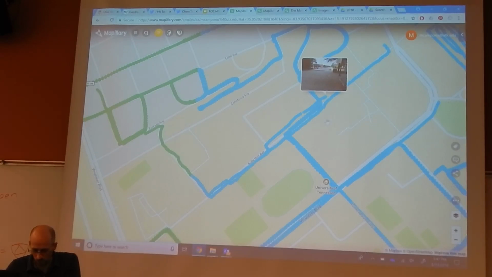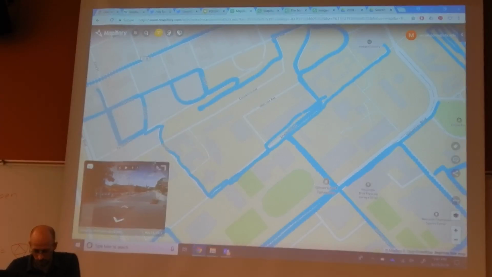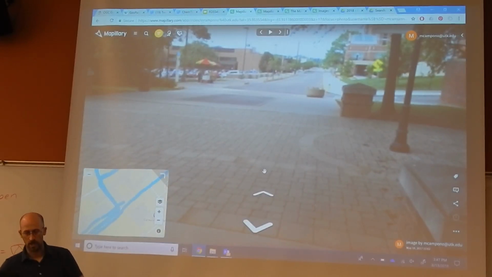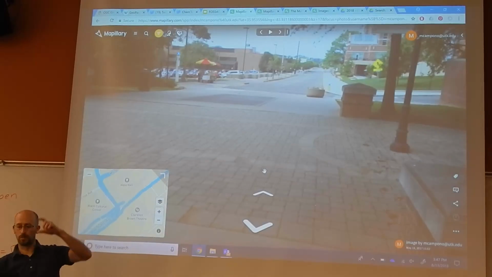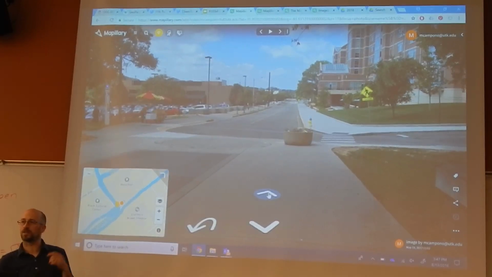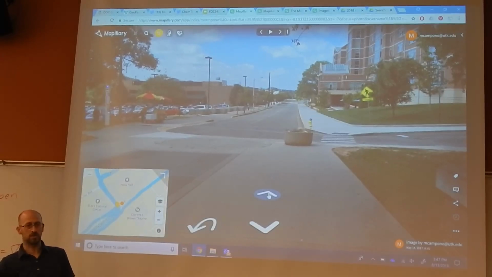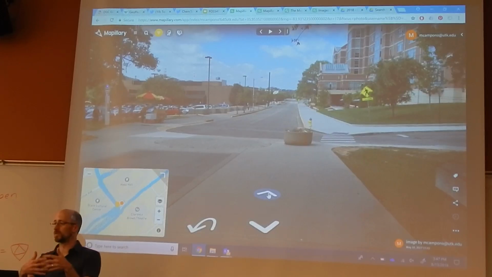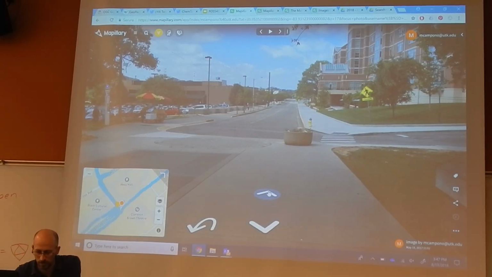So this is just me walking around with my phone holding it out in front of me. And it's just using the GPS, accelerometer, etc. in your phone. And then as I'm walking, it's stitching the images together. So it's creating a point cloud, so structure from motion, for those of you that work in the point cloud